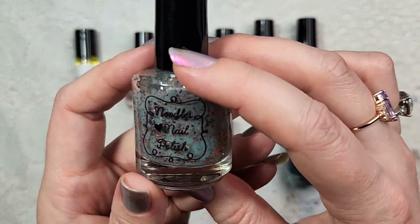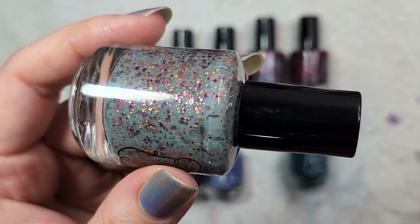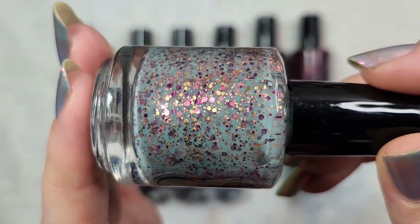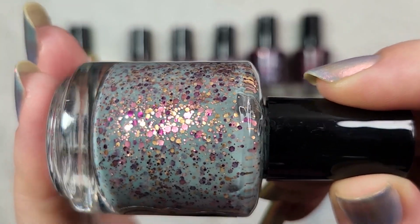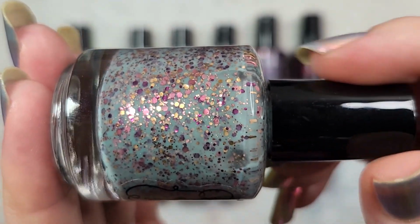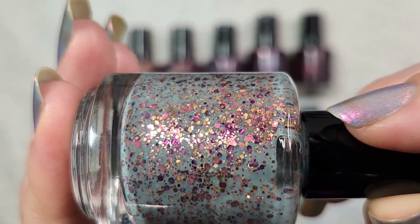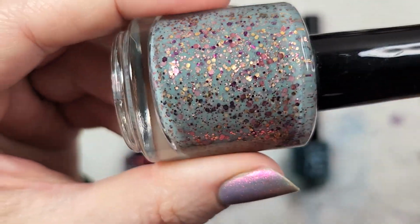The next one came from the fall collection. This one is called Misty Harbors, and this was one that I sort of hemmed and hawed if I wanted it or not, and then finally some of the swatches made that decision for me, especially when the sale started. This is a pretty unique polish to my collection. It is this soft, dusty leaning, almost sagey green, and then it is full of glitter. Again, she is very well known for this type of formulation in a glitter crelly. You have that soft green base and then some pink metallic glitters, some purple metallic glitters, and the gold. So you have a lot going on in here, but it all comes together very nicely